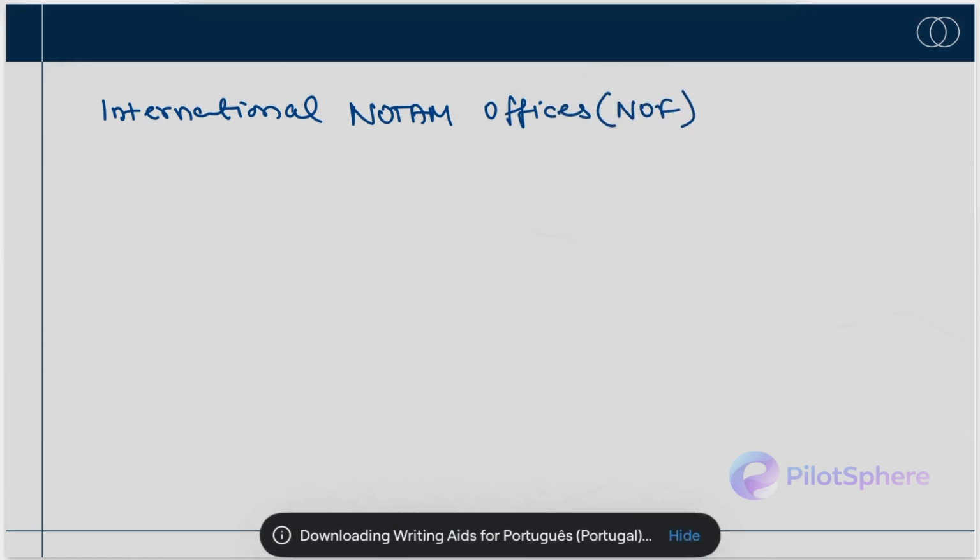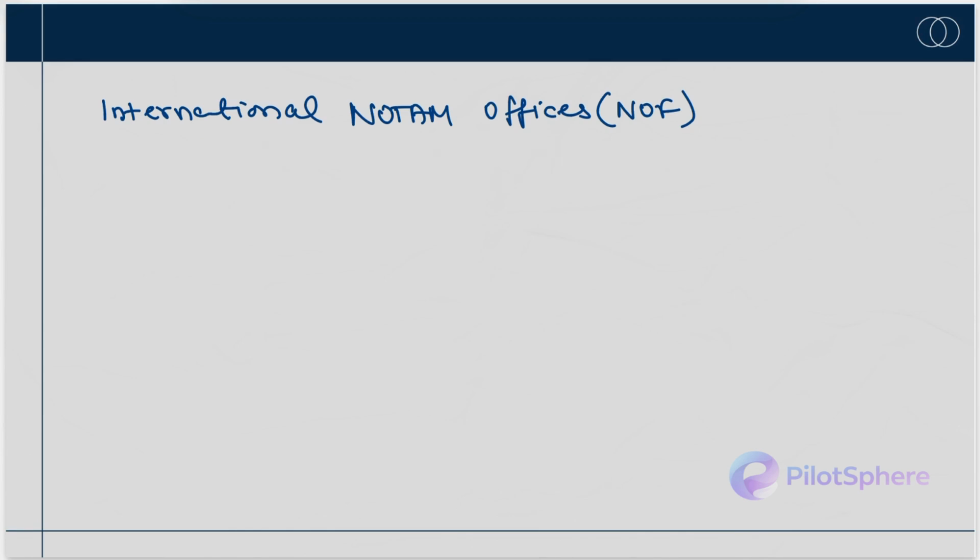There are a few NOTAM offices, or the international NOTAM offices. Write them down: international NOTAM offices, or NOF.